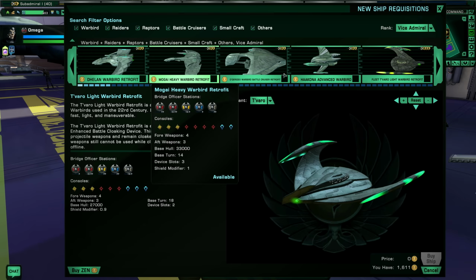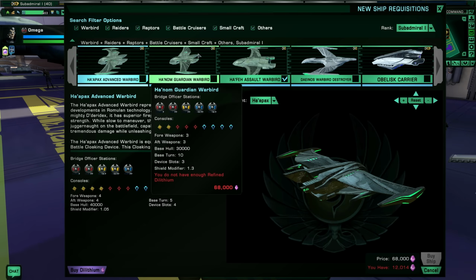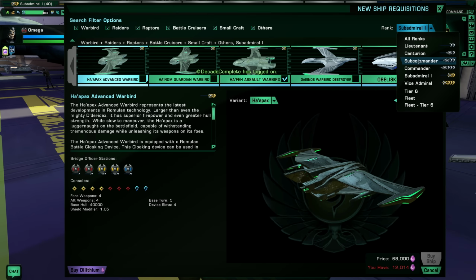So I guess the Sub-Admiral 1 ships available from the ship and shuttle requisitions are actually 4.5. That's what I would think of them as. So you've got Tier 4 and then Tier 4.5 and then Tier 5. I'm right in the middle between Tier 4 and Tier 5. I can't fly the Z-Store Tier 5 ships yet, but I can fly these, which are different than the Commander